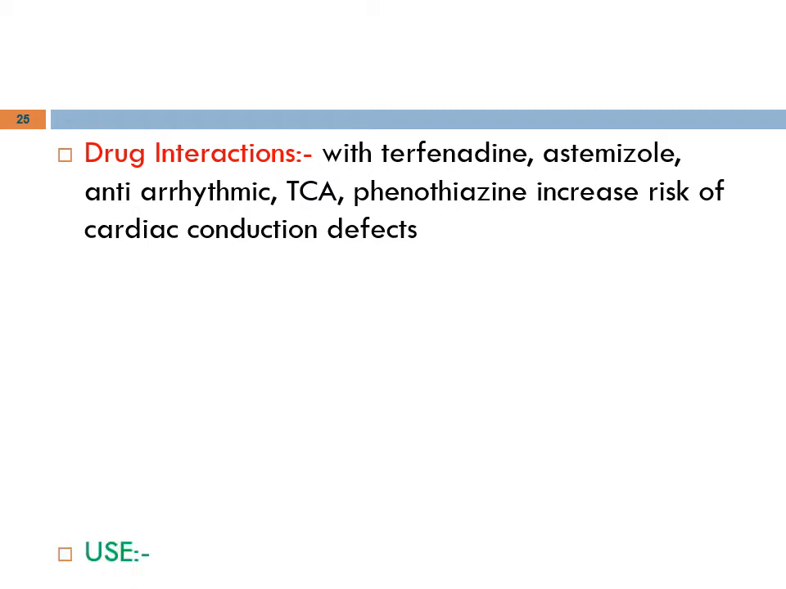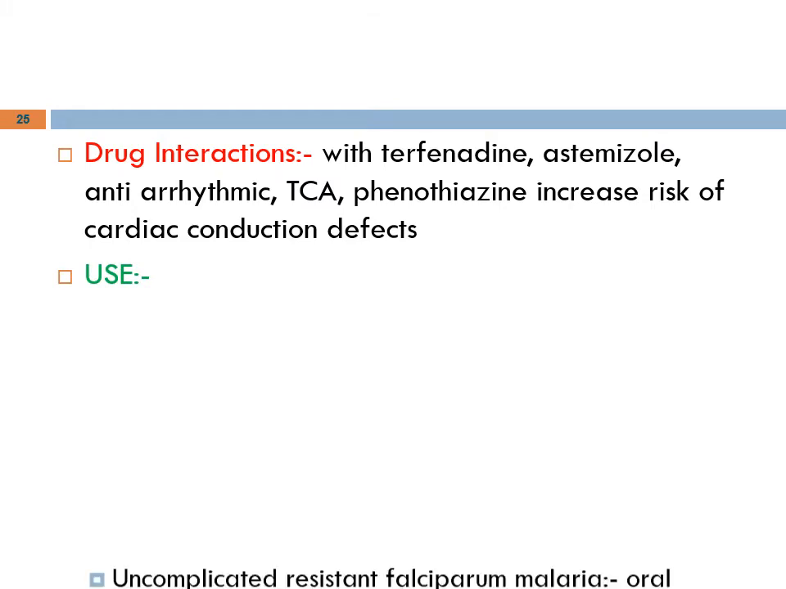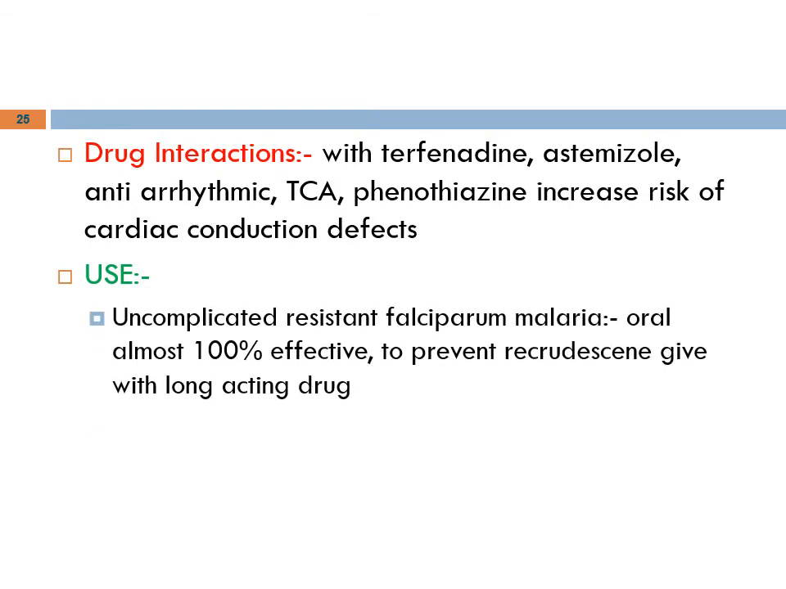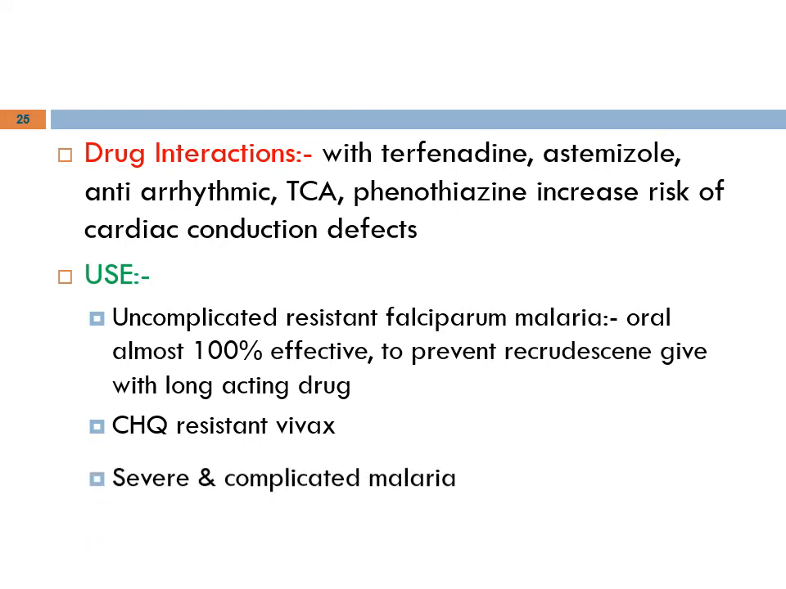If we talk about the uses, it is used in uncomplicated falciparum malaria. As a single drug, it is almost 100% effective in treatment, but to prevent recrudescence, it is given with longer acting agents. It is used in treatment of chloroquine resistant P. vivax when quinine plus doxycycline or clindamycin cannot be used, and it is the preferred agent in severe complicated